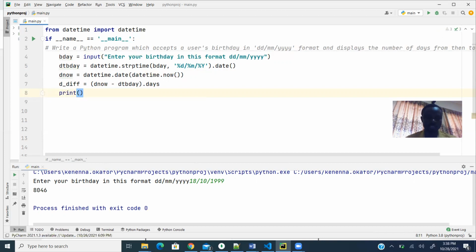Let me just print this: the number of days from your birthday to this time